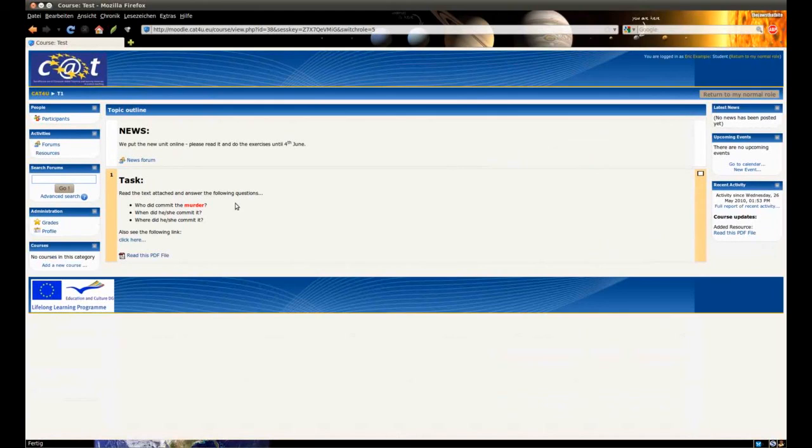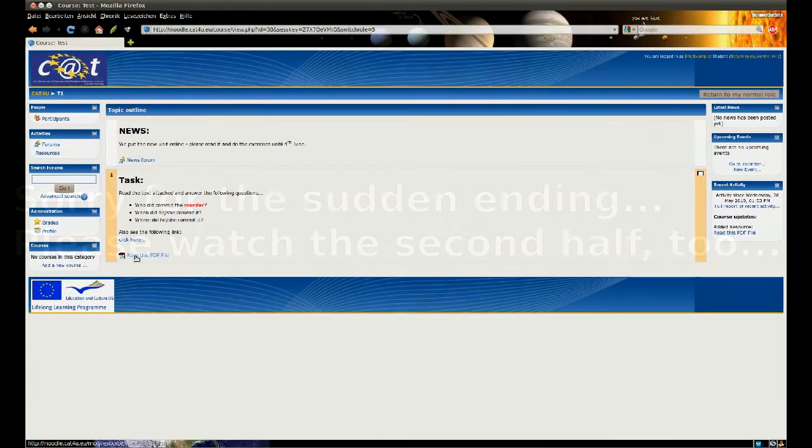So this is how it would look for a student. Read the text attached and answer the following questions. Who committed the murder? Blah blah blah. Who did it? Blah blah blah. Also see the following link, which is the link to our CAT-UU Petra site, which I added here. And here is the read the PDF file link. So if the students click on it,